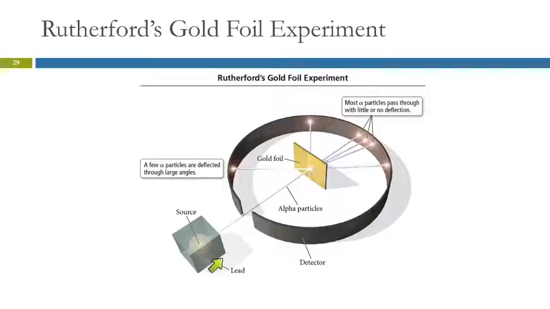So here's the setup. Here we have a source of alpha particles. So there's this beam of alpha particles, a little bit like a pitching machine for baseball. Think of it as throwing baseballs here, except they're little teeny tiny alpha particles. Throwing them at this piece of gold foil. A lot of them went through. And this circular thing around here is a screen that detects the alpha particles, gives off a little pinpoint of light when it hits. So most of them went through. Some of them kind of went off course, and then a few of them bounced back.